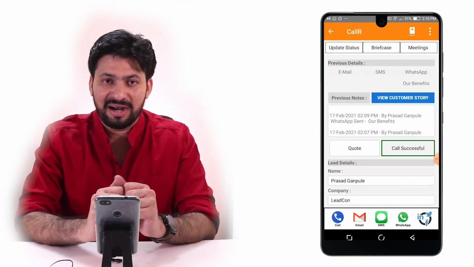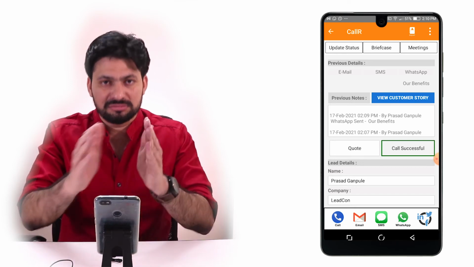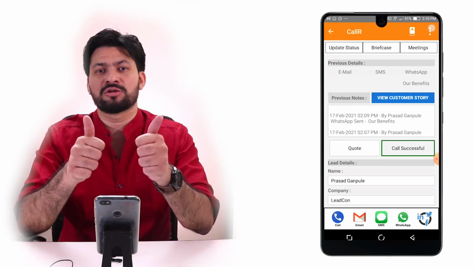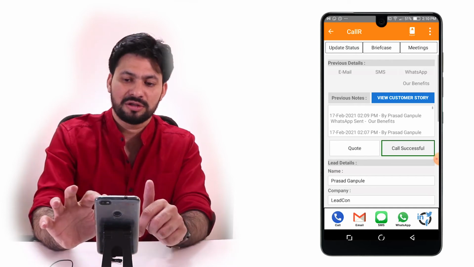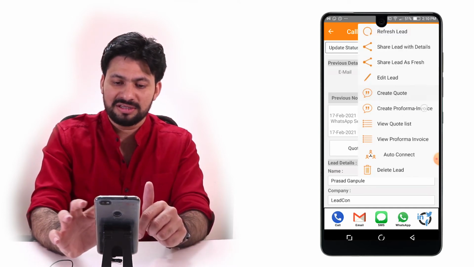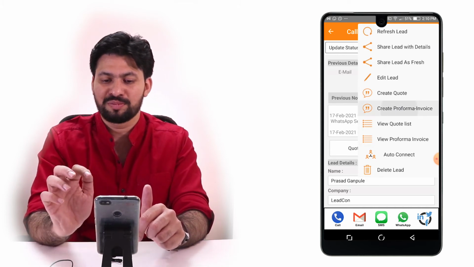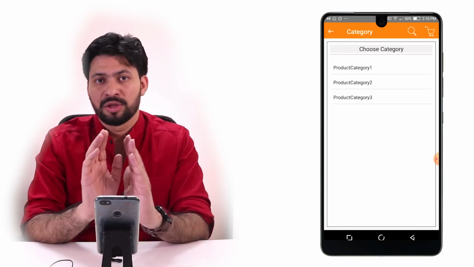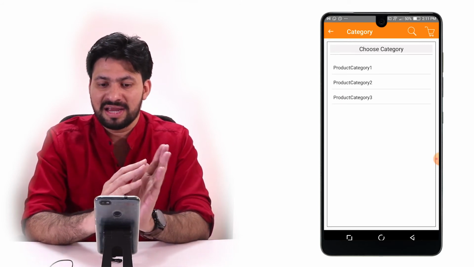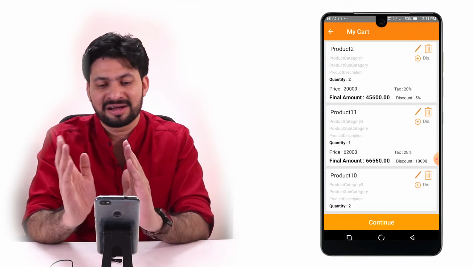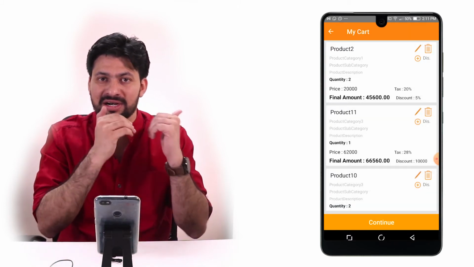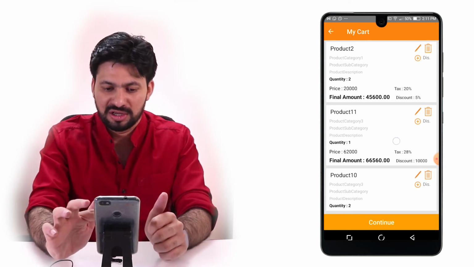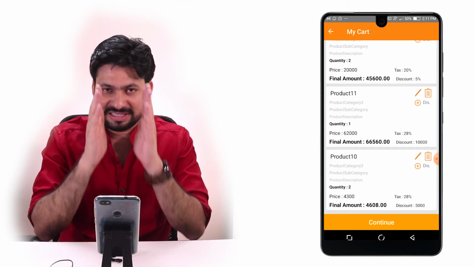Now once we have done that, as I said, we go on the follow-up, and then we come to the section where the customer says, okay, cool, send me a pro forma invoice. So below the quotation you can see there is pro forma invoice. So I choose pro forma invoice. Again, I can choose yes with taxes. Now the beauty is whatever costs were already added, we have added them under the cart itself. So whatever elements we had already added for the quotation are also available in the cart for sending pro forma invoice. I choose that. So I want to send the same quote.